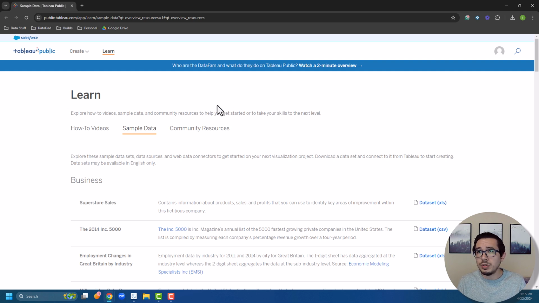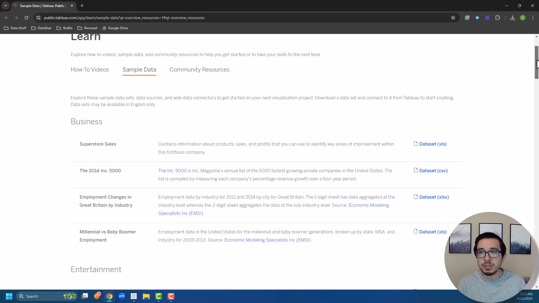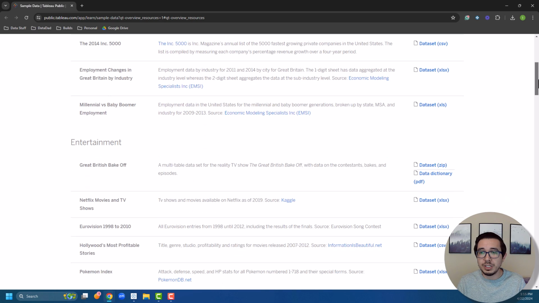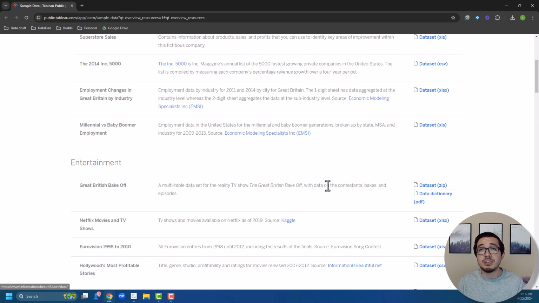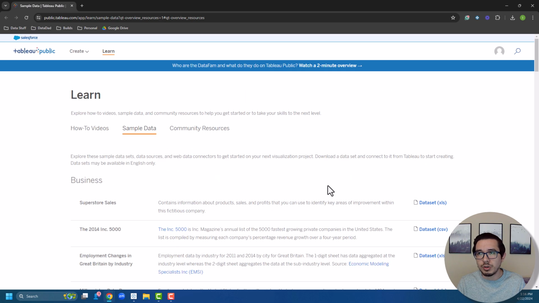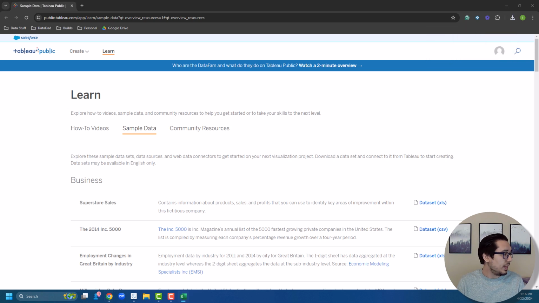So it will bring you to this page where they have a whole bunch of different types of data sets from business, entertainment, sports. You can go ahead and go through this and find a data set you want to work with and create a really cool portfolio project out of it. But for this instance, this very first one, we're going to start with the Superstore sales. Go ahead and click it, download, and it will give you an Excel sheet. So if we go ahead and open that up,